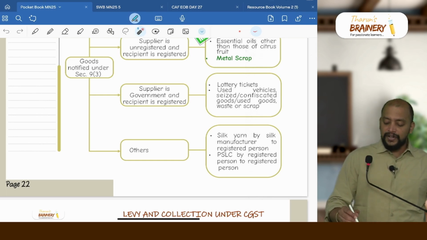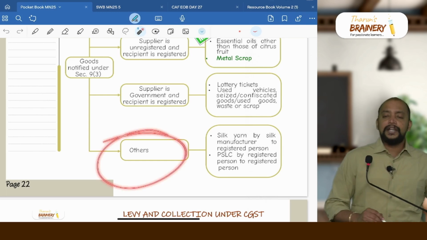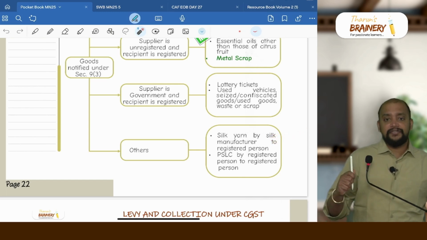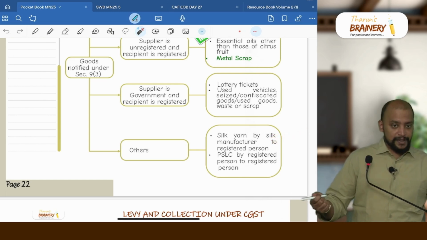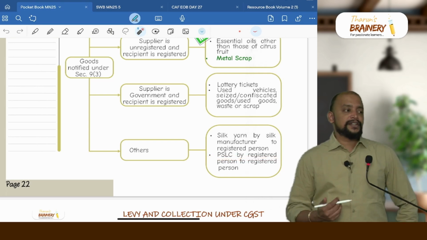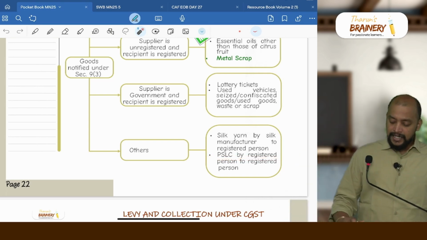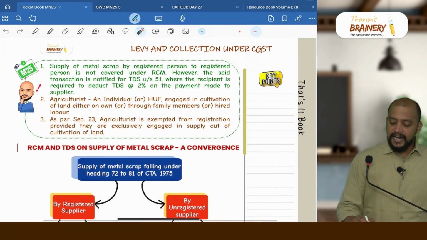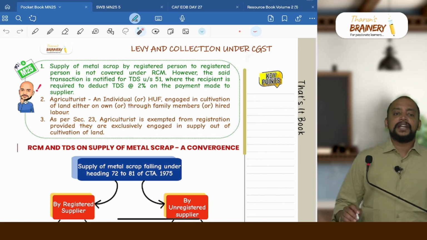In that case it will be the recipient who will pay. All other transactions, we have 2 points: silk yarn by silk yarn manufacturer to a registered person, and PSLC by a registered person to another registered person, that is priority sector lending certificates. So these are the list of goods under RCM. And supply of metal scrap by a registered person to another registered person is not covered under RCM, it will